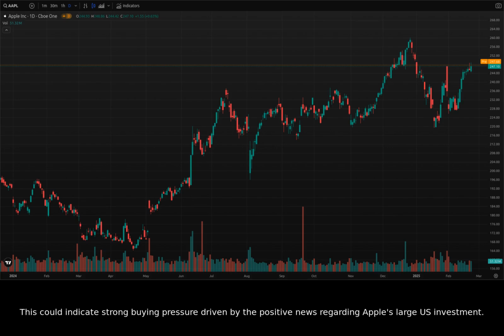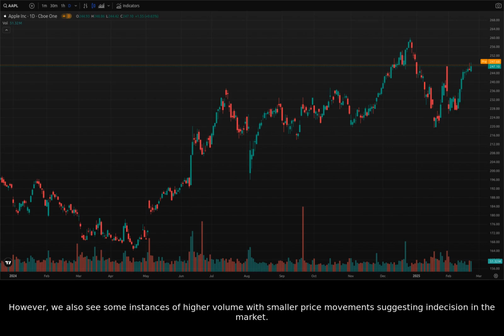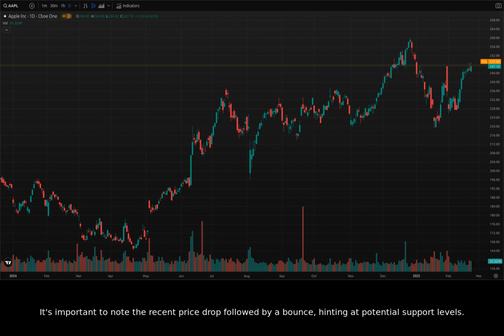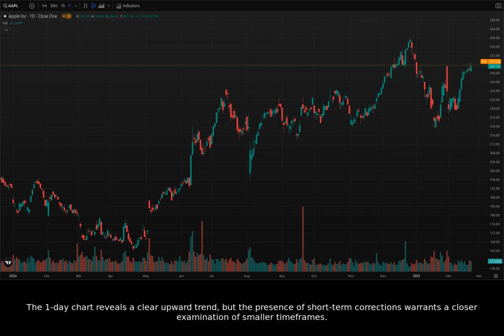increase. This could indicate strong buying pressure driven by the positive news regarding Apple's large U.S. investment. However, we also see some instances of higher volume with smaller price movements suggesting indecision in the market. It's important to note the recent price drop followed by a bounce, hinting at potential support levels. The one-day chart reveals a clear upward trend, but the presence of short-term corrections warrants a closer examination of smaller